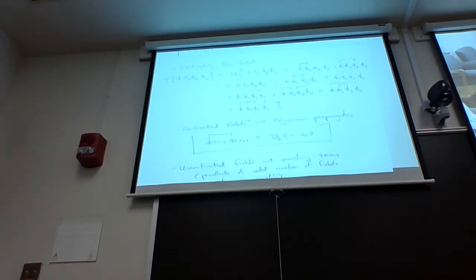So when we contract two fields, what we're basically saying is that we're creating a particle, say in spacetime at point x1, and we're propagating it to spacetime point x2, and then we annihilate